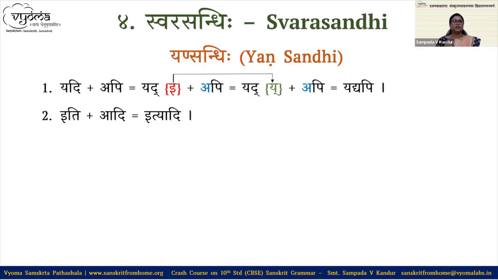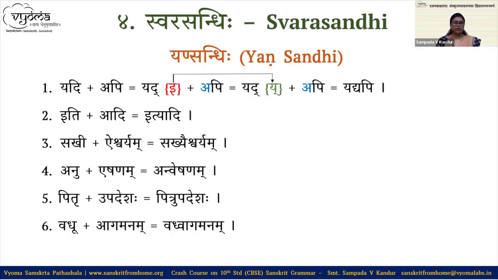Pradnya. Let's read the sentences. Before that, I'll just explain once, then you read. Now see here. Yadi plus api. Now Yadi is there. Which swara is there? I is there. Now I will change to what? Ya. Api remains as it is. In api, do not change. Okay, this you should understand here. There is no change in Paravarnaha. Only Purvavarnaha is changing to Yaralava. That's why the name is Yana, because Yaralava is changing.